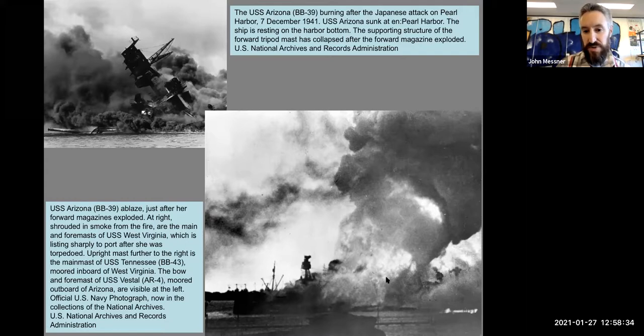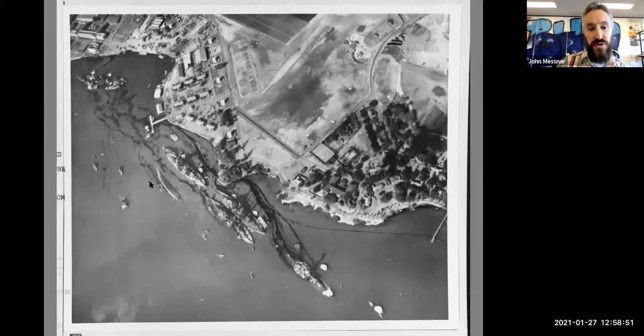Okay, and then here's a picture of the Arizona again. So this is the one that was outside of the Arizona, and then this is the Arizona basically in the water and in flames, and it's leaking oil, and the oil around it is burning. So it's this tremendous fireball as well. And so here's, I believe this is the next day after the attack, if I remember right. And so you see here's that ship that was on the edge, and it's just leaking oil going out of Pearl Harbor into the Pacific Ocean.